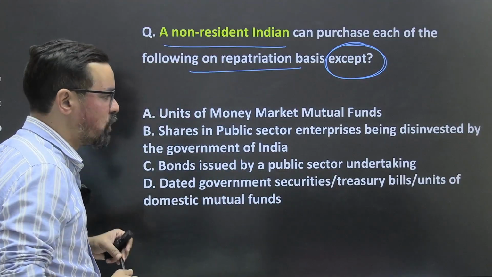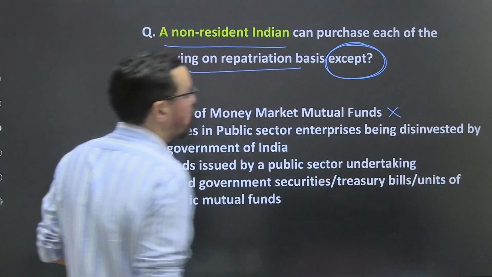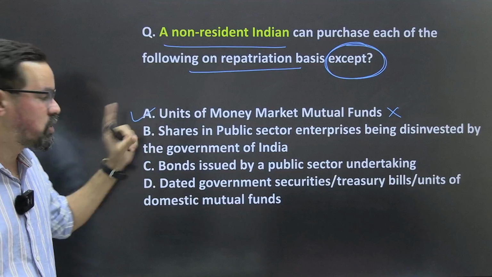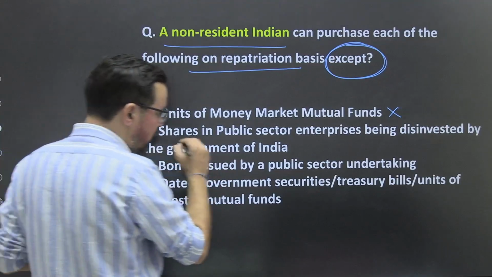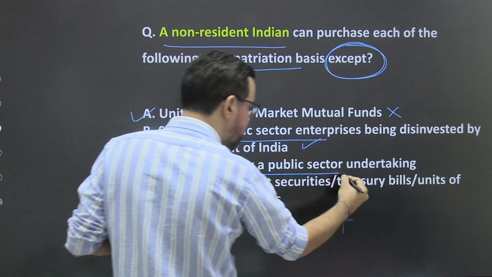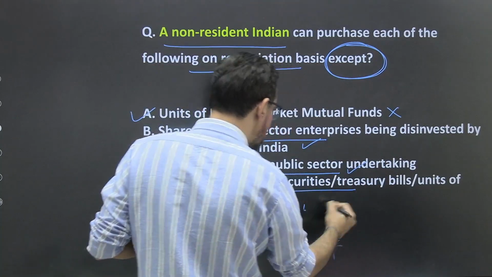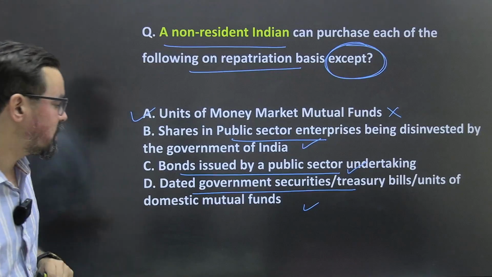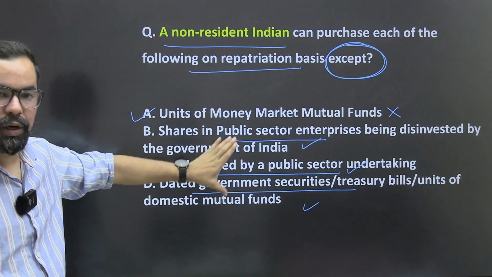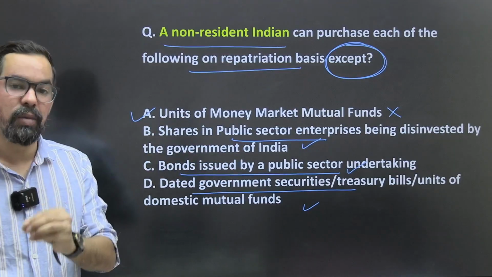Units of mutual funds? No, they cannot purchase units of mutual funds on a repatriation basis. It is generally on a non-repatriation basis. Shares in public sector enterprises? It can be. Bonds issued by public sector undertakings, dated government securities or treasury bills, units of domestic mutual funds. So NRIs can invest in these particular instruments, and they can repatriate that particular money to their